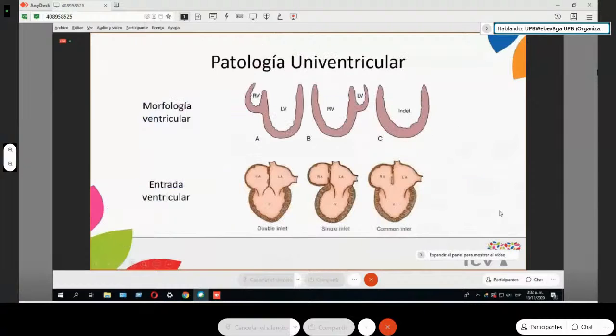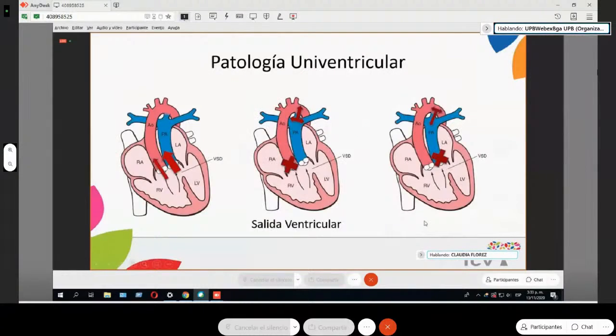So we may have a single ventricle with left or right morphology, or one with an aspect of both cases, which is what we call undetermined. And the key is how the blood exits to the lung. If it goes through both vessels, the blood will go to the lung and there will be a lot of flow to the lung, or there will be a heart failure and a